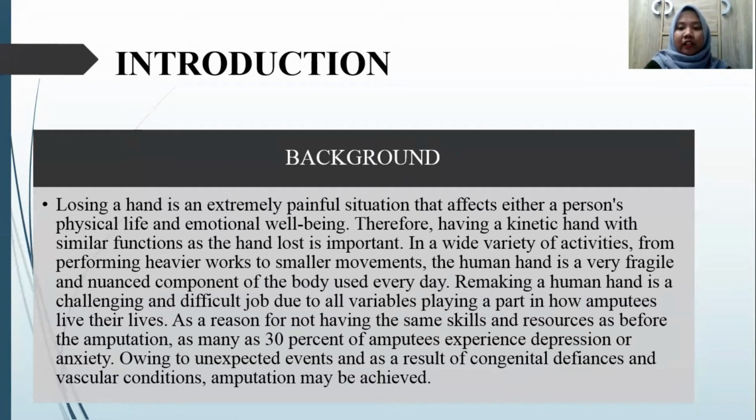In a wide variety of activities, from performing heavier work to smaller movements, the human hand is a very fragile and important component of the body used every day. Replacing a human hand is a challenging and difficult job due to all the variables playing a part in how amputees live their life. Without the same skill and resources as before the amputation, as many as 30% of amputees